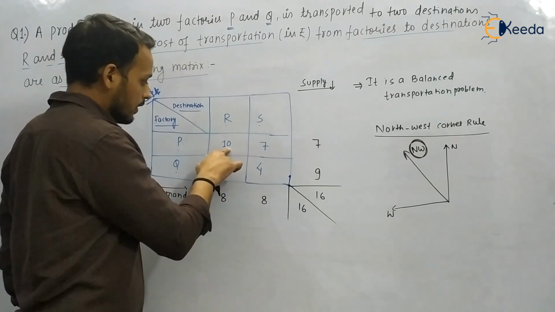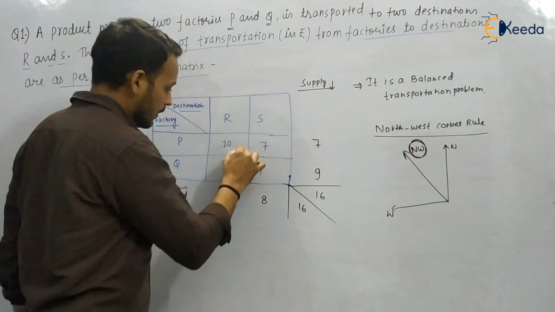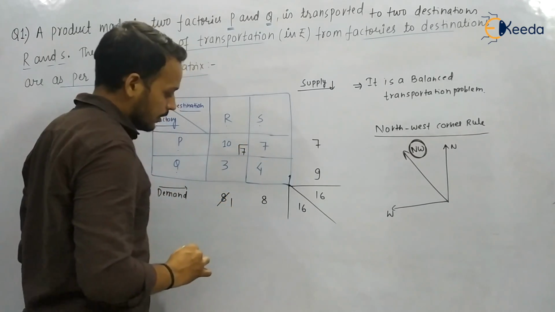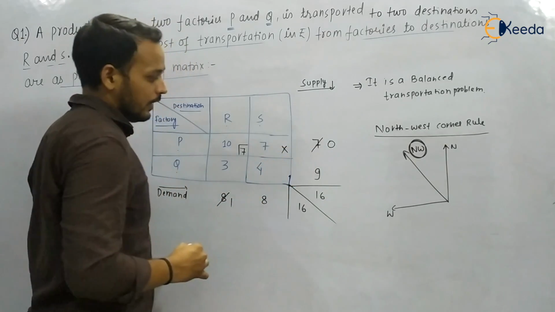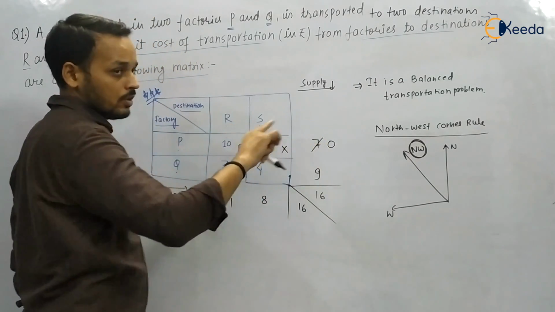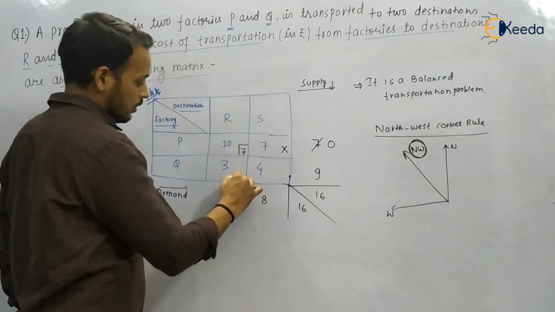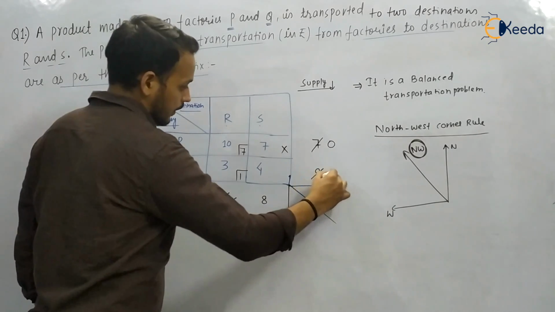So it requires 8, but the factory P can supply only 7, so we will supply 7 units. So here we will be left with one demand and here it is 0, so it won't get anything. The factory won't supply S anything because the supply is 0. Now the northwest is 3, the demand is 1, we have to supply 1, and remaining here it will be